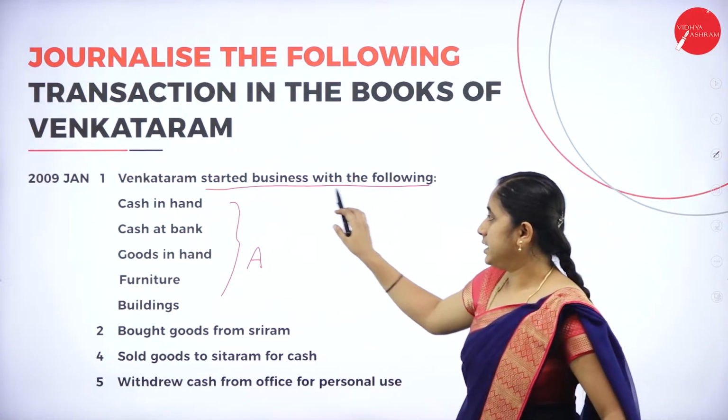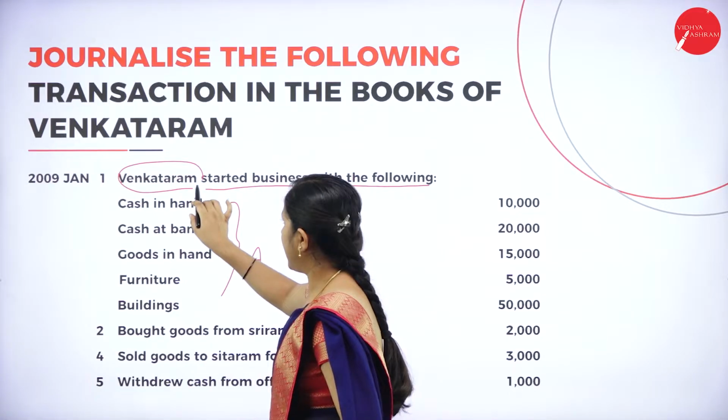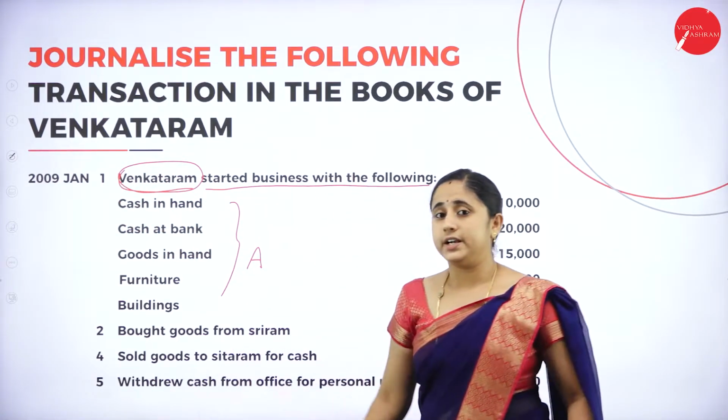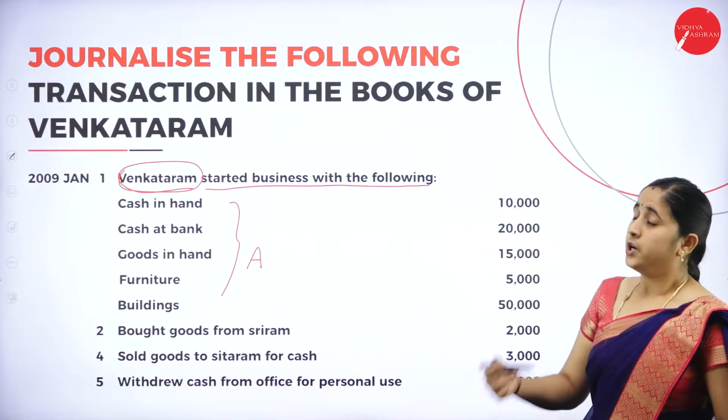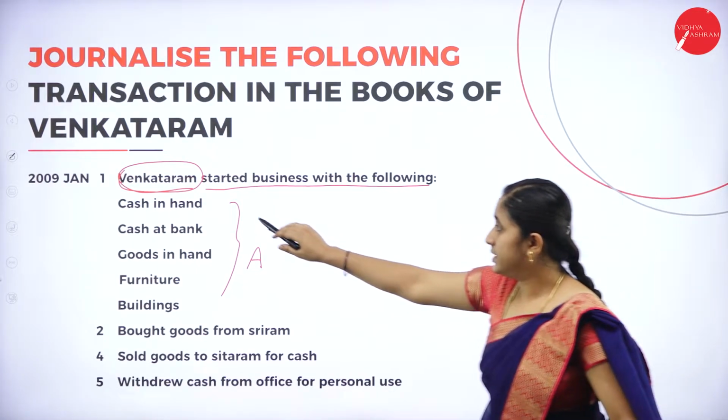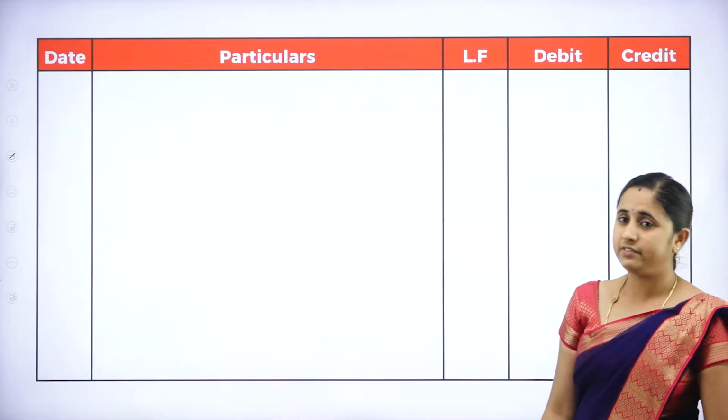That is a representative personal account. Capital account represents Venkataram's personal account. So you need to credit the giver, that is Venkataram. The entry will be